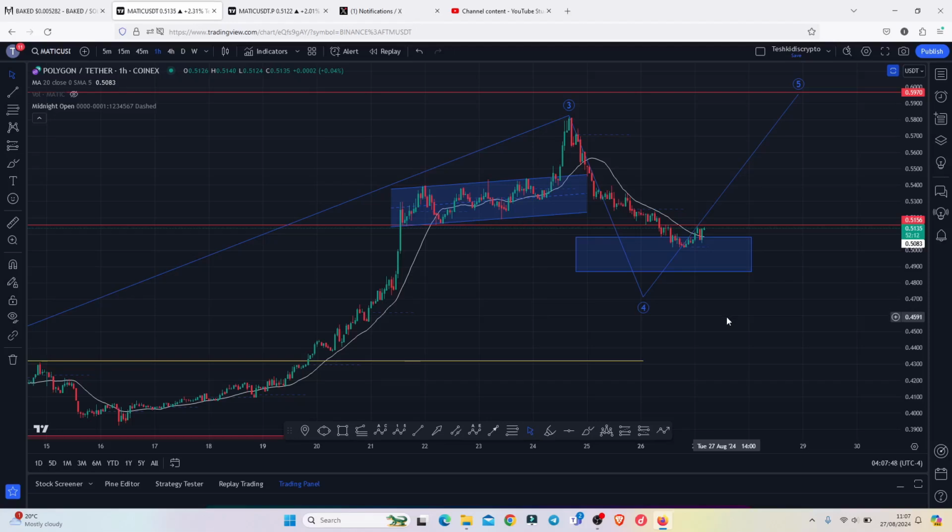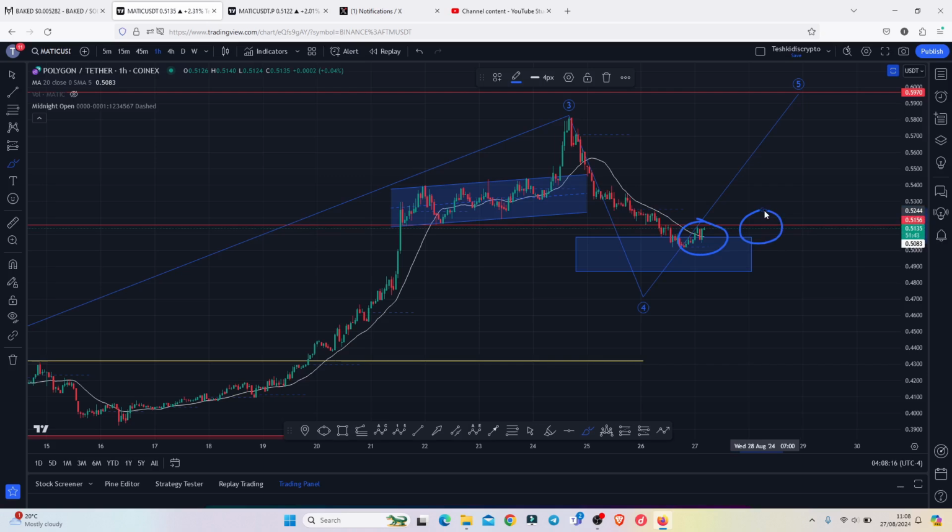Polygon Matic at the time of this recording is attempting another breakout to the upside, and we are holding above the 20-day MA here on the 1-hour chart, and we are just about to break above the next key area of resistance above the 0.5156. And on today's video I will be discussing my breakdown target areas and also give you possible breakout target areas